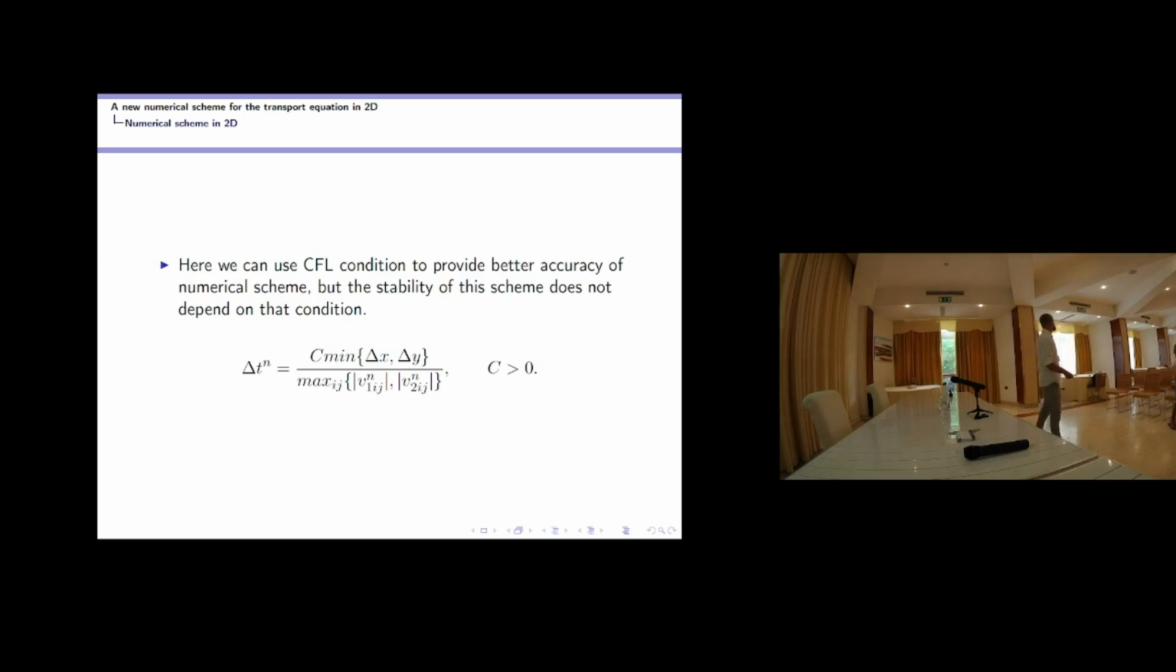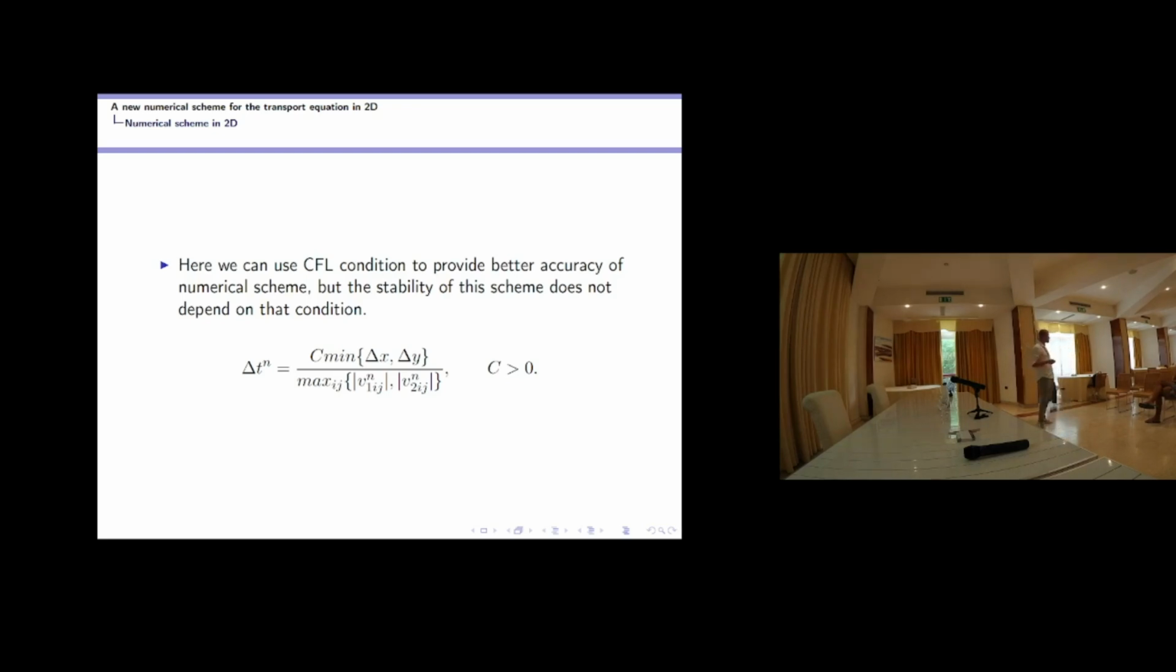Do you have a question? I just want to know if you have some idea on how to solve the problem of the artificial diffusion that makes you lose something in the maximum. Do you have some idea on how to do it? Yeah, we tried to do that